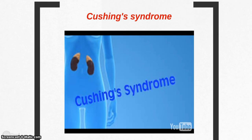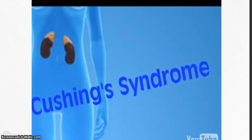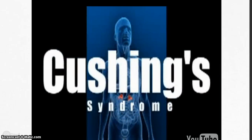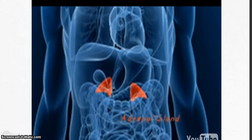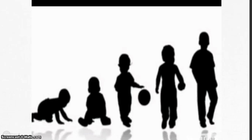Cushing syndrome. Parents are concerned about the body making extra steroids, and a term used is Cushingoid or Cushing's disease. What is that? Many times people come to me and are concerned that their child may be gaining weight because they may have a condition where their body is producing too much cortisol. Cortisol is produced in a triangular-shaped gland called the adrenal gland, and it's important in its life-saving mechanism of preventing stress from affecting the body. This cortisol is produced in very, very discrete amounts by the adrenal gland under a very sophisticated method of control. It is exceedingly rare to have a condition where the body makes excess cortisol, and one of the easiest ways